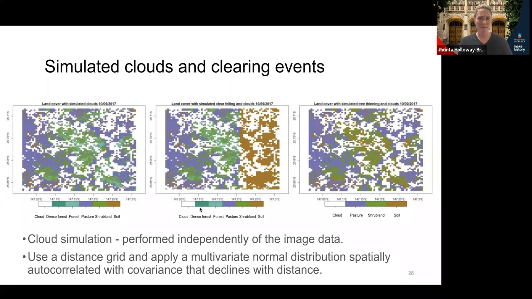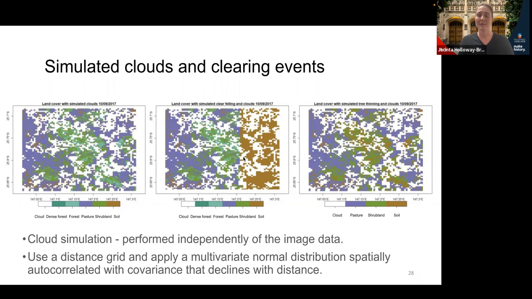In these images, you can see the legend for the different types of land cover, but the one where you would really notice the difference is the soil class, which is brown. So in the first image, where we didn't make any changes to the land cover besides the cloud simulation, there are just some little natural pockets of soil.